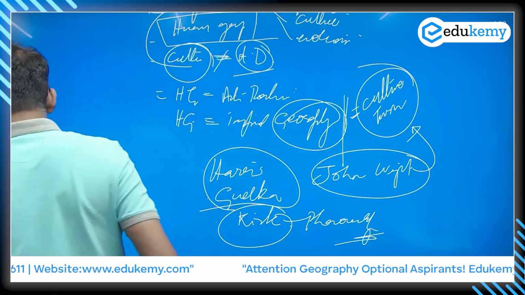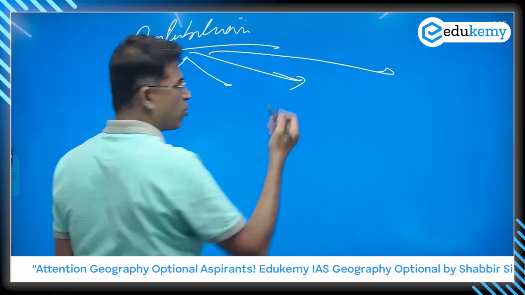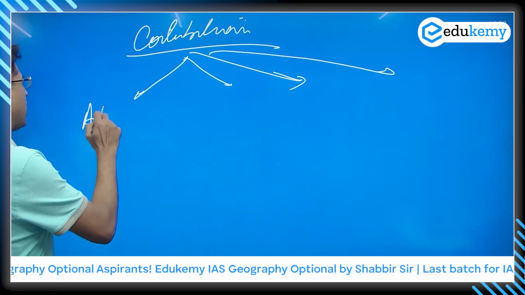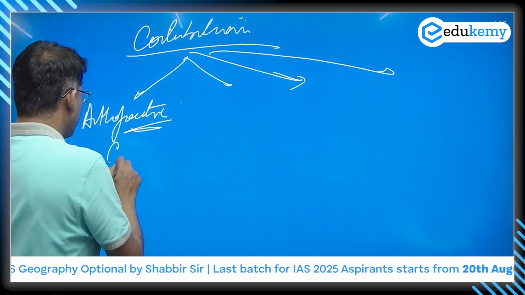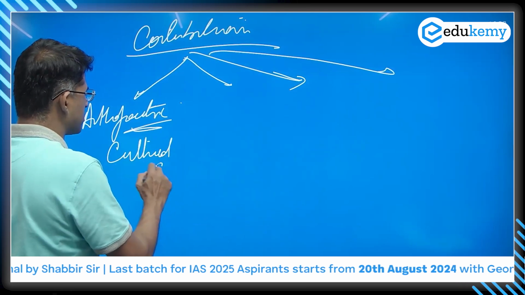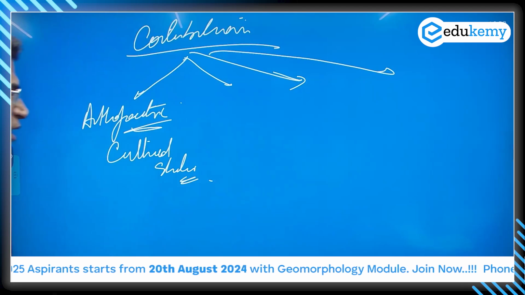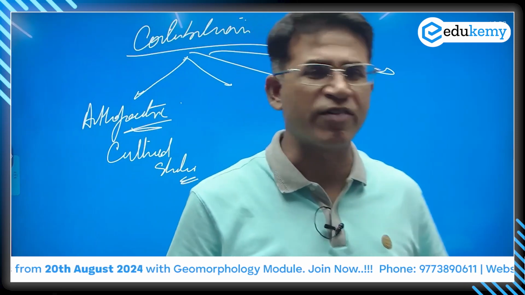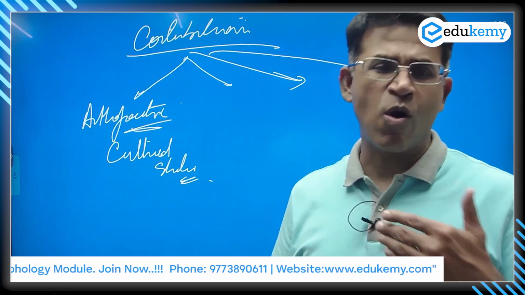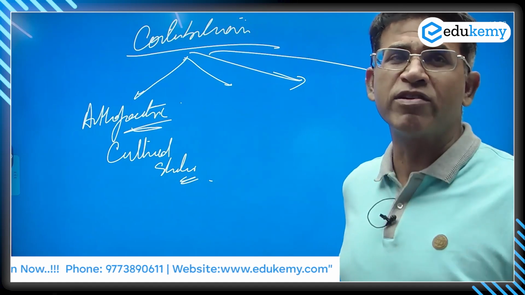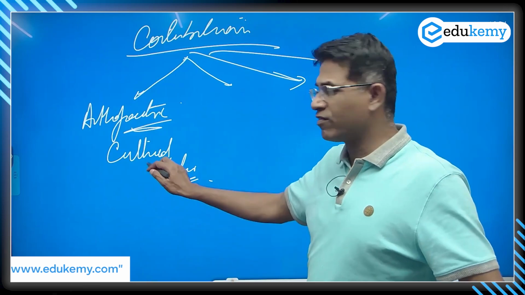उसके बाद में, what are the contributions? So we have, okay, 2-3 contributions. One I said is, of course, it is more anthropocentric. And because it is anthropocentric, it now brings in cultural studies. It has now brought in culture. It was ignored. Cultural studies last happened in the works of Vidal and maybe to some extent Richthofen. Otherwise, areal differentiation, quantitative revolution, and behavioral approaches, सारे ने culture ignore कर दिया था because, okay, culture was anti-positivist. So revival of this is one contribution.